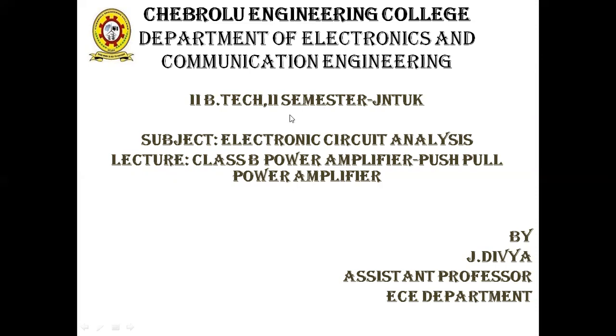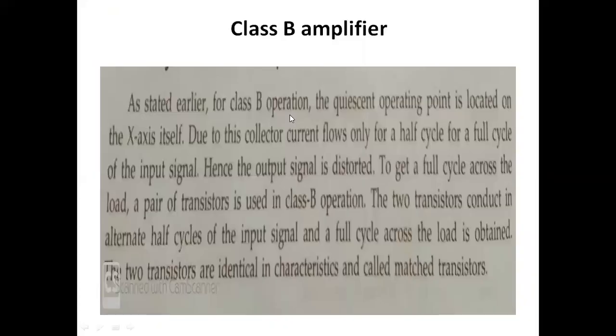Okay, so now we will see Class B power amplifier. We know Class B power amplifier means the transistor conducts for only one half of the input cycle. That means if you give a full cycle as the input signal, a full sine wave with positive and negative peaks, in Class B power amplifiers the transistor conducts for only one half of the input signal. Okay, because here in Class B power amplifier, the operating point is located